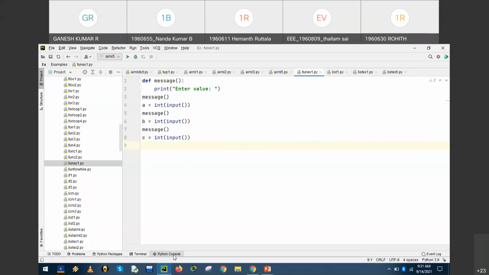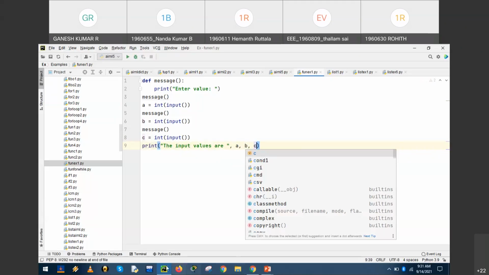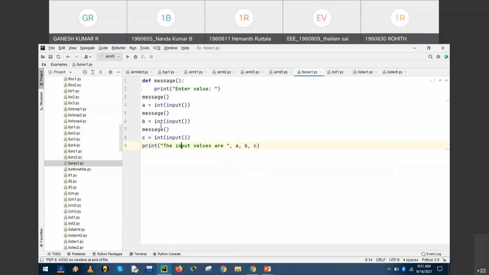Okay. Print input values are a comma b comma c, right? So a function is defined with the keyword def, with the name of the function similar to a variable.